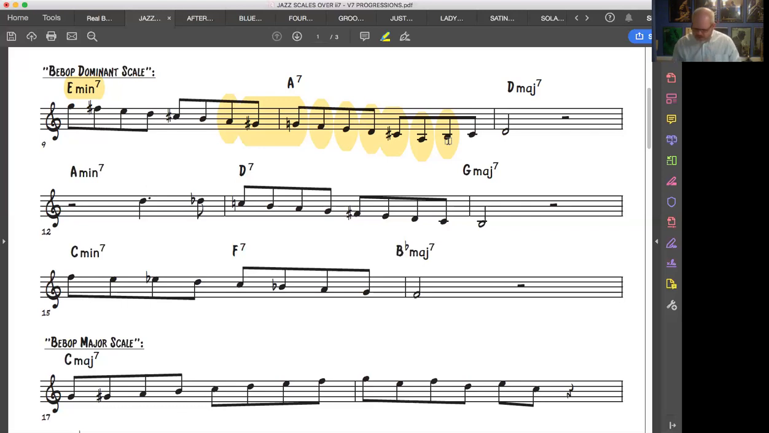I'll play it one more time. Here's the chords. Okay? Now, here's the lick with the chords. So if you're swinging it,